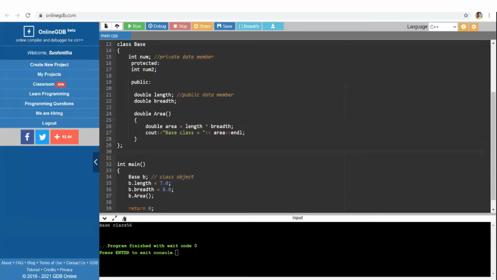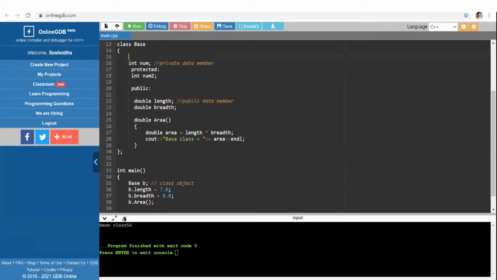So now we have seen the class and object. We'll talk about inheritance and the other topics as well. We've also seen data hiding, that is how public, protected, and private work.